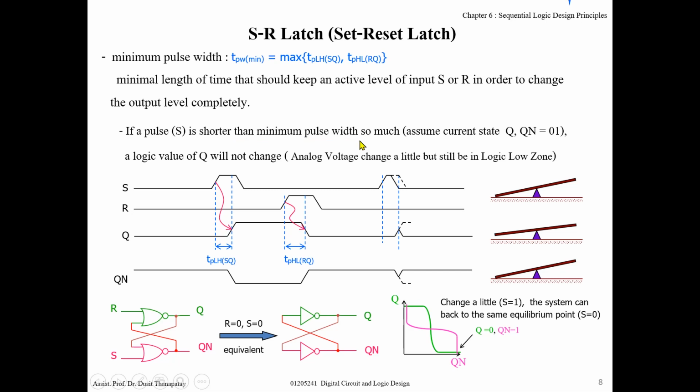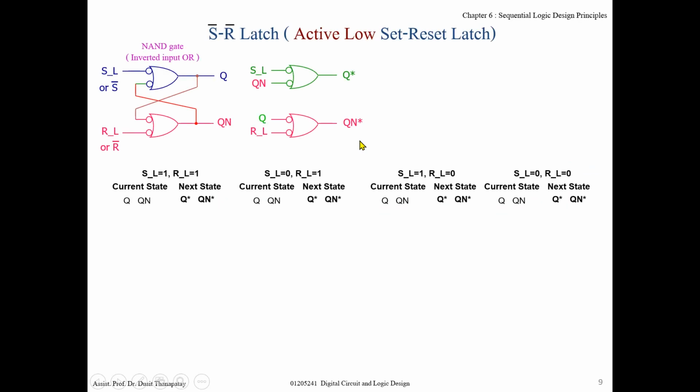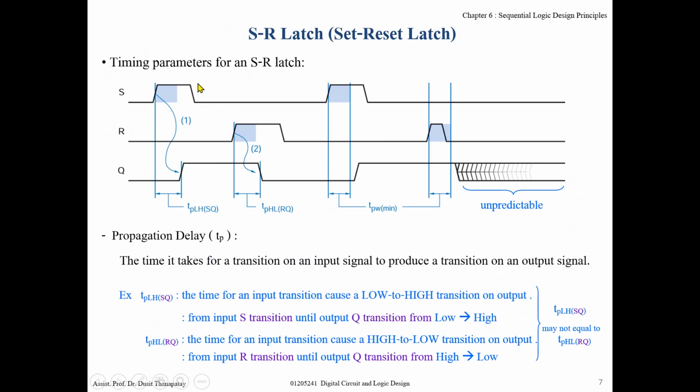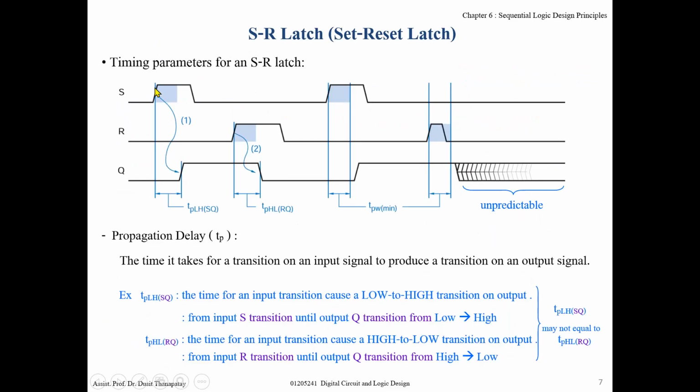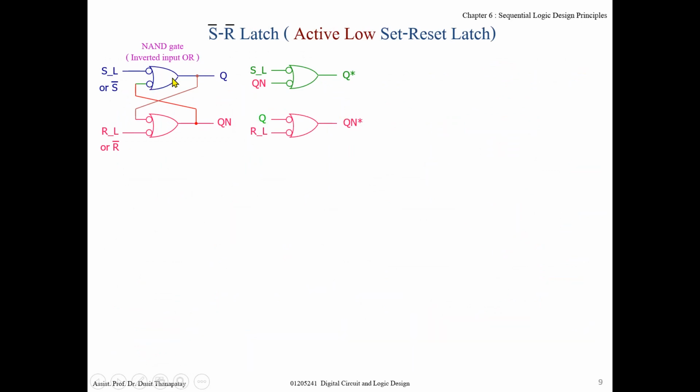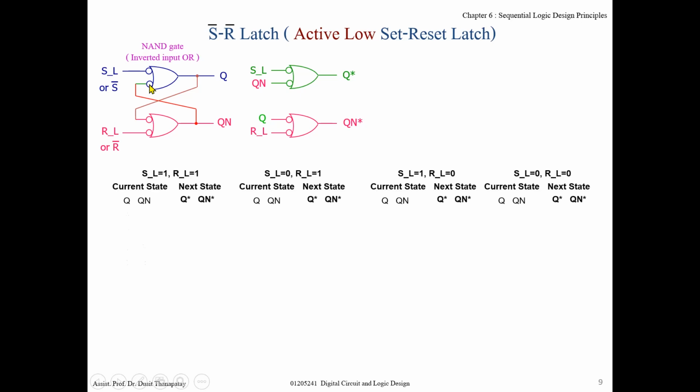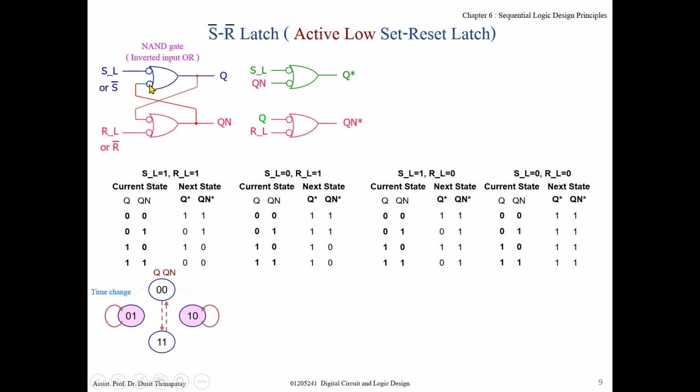Okay, and for this one, this OR gate. For the previous one, it's an OR gate with invert at the output, right? Active low at the output, active high at the input. If you change to active high at the output and active low at the input, you get a similar result, but opposite value. Namely,